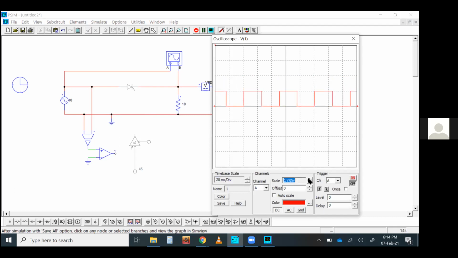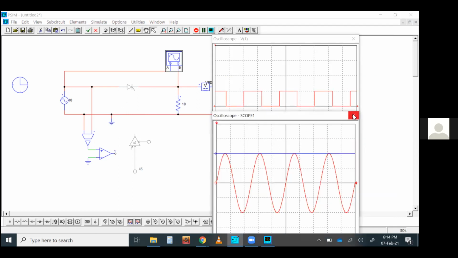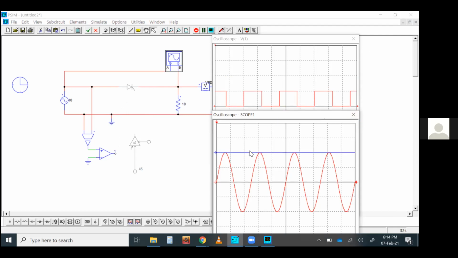It is generating a square wave, indicating the zero crossing points. Whenever the voltage crosses zero and goes up, during this portion you are getting this positive pulse, while in the negative portion, you are getting zero.